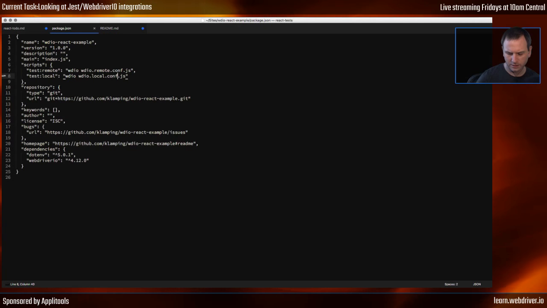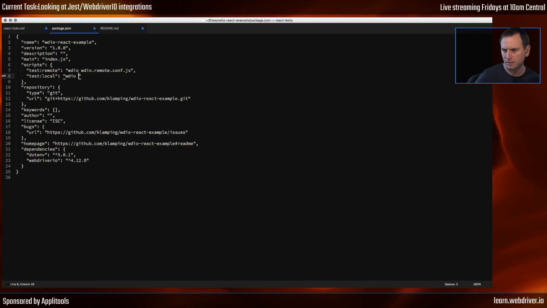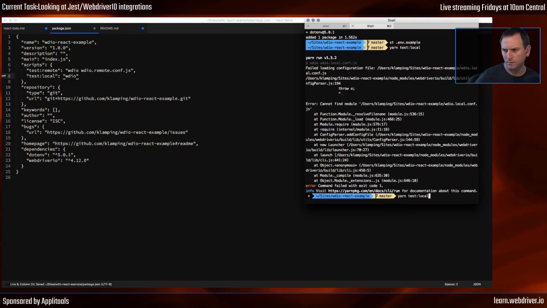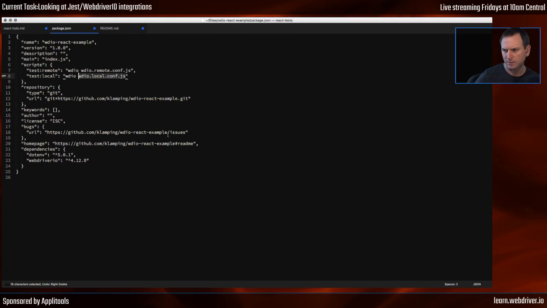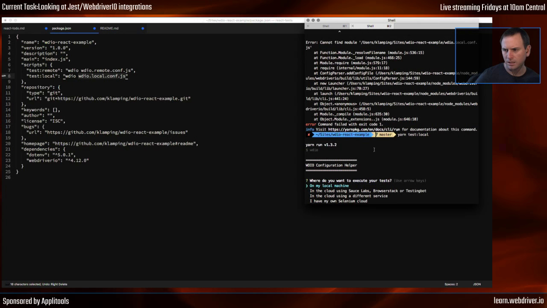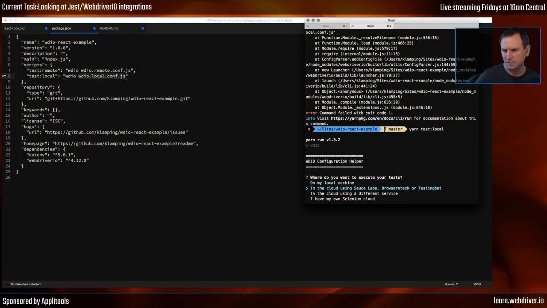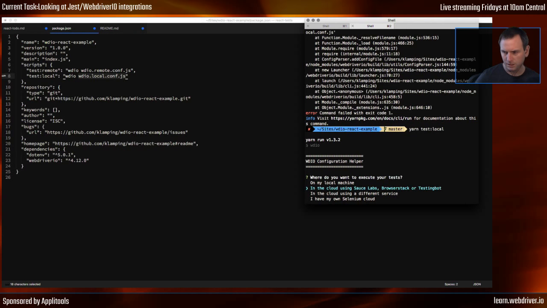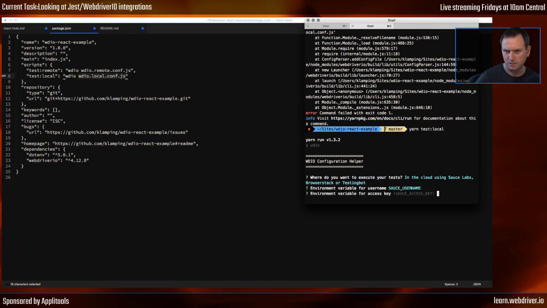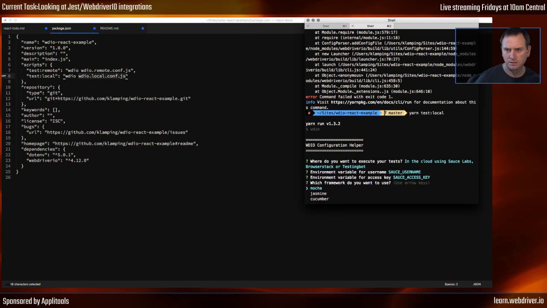What I wanted to do is get this configuration helper in place. So this configuration helper is pretty common. I am going to say in the cloud using Sauce Labs, Browser Stack, or Testing Bot, even though I may not be using that. Sauce username, Sauce access key. Oh, shoot. Okay, that's fine. We'll do Mocha. Yes, I want to install that. My tests are in